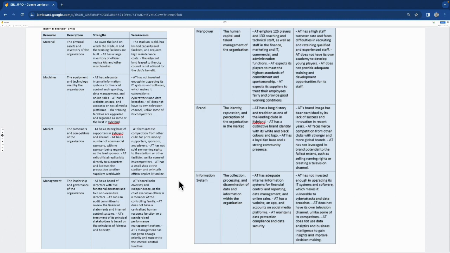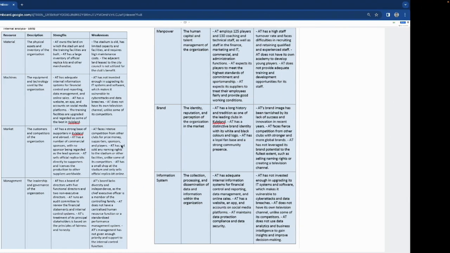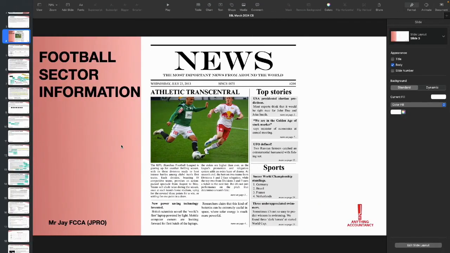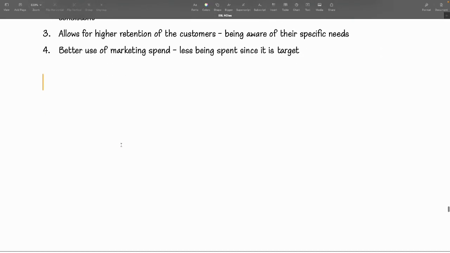We can, however, comment on the information system. So remember the 6 MIB. If I was to touch the 6 MIB for this case, if you were to look at the resources audit for AT, let's make sure you have it clear. The first one is material. So there is none. Not important for this question because they don't use any material. However,